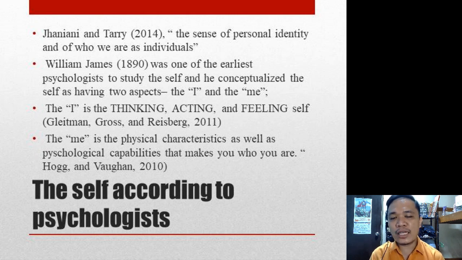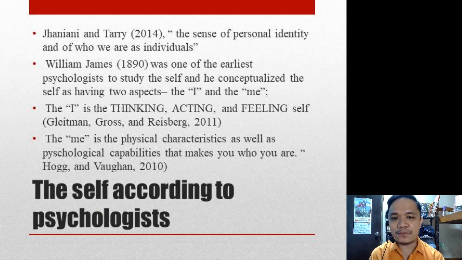Now I want you to look at the thinking of the I. So what you think about yourself, for example, I am intelligent. That's how you think about yourself based on the contributions of the environment. And then when you act upon it, and when there is an emotional attachment, that actually helps you understand the I. On the other hand, the other aspect of the self is the me. The me is the combination of the physical characteristics, that I am neat, I am ugly, I am handsome, and